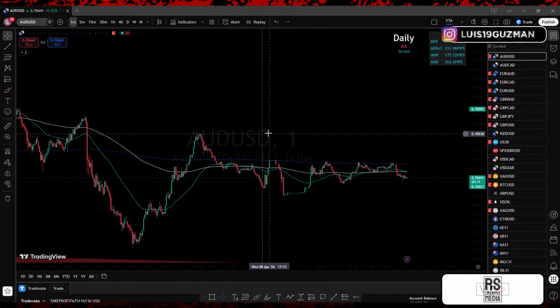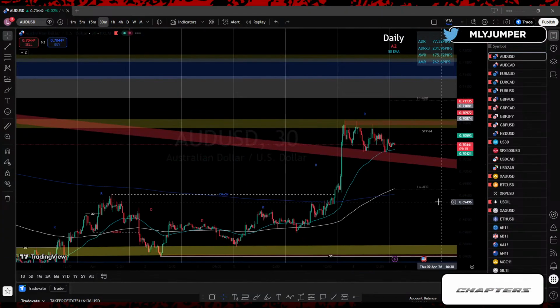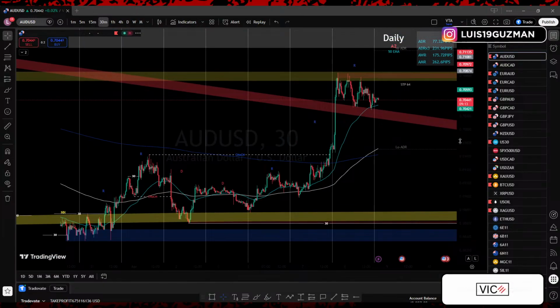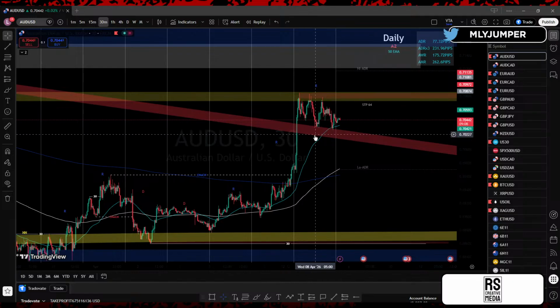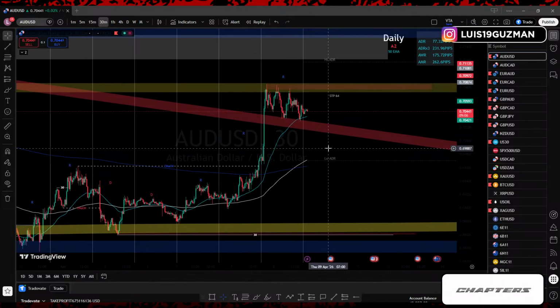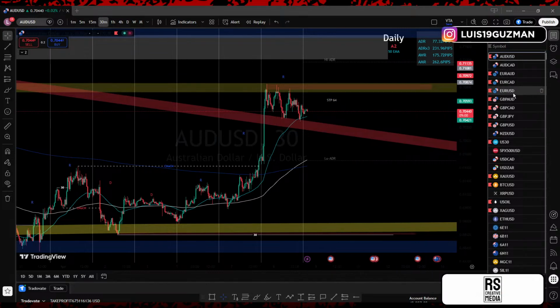So the 1 minute time frame looks decent, but I wouldn't take the trade on the 1 minute up here. I would wait for either the 5 minute or the 30 minute. I'd either wait for an inducement of the high to then go short, or I'll wait for structure to clear out on the 5 minute time frame as well. So we'll be patient with AU, but it's definitely that pair that we want to keep an eye on.